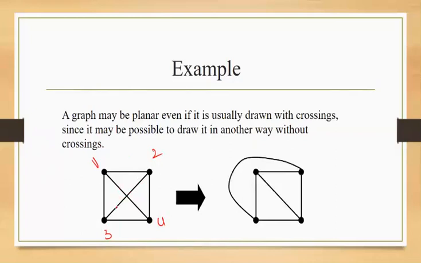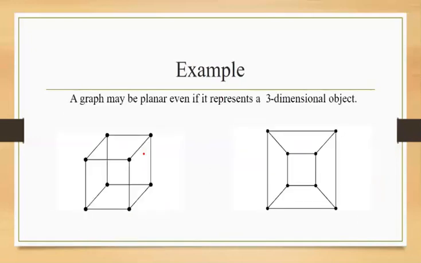Now if you notice, I have removed this vertex, and instead of drawing it here, the edge that I am selecting, the one joining 2, 3, I can even draw it in this way as shown in the figure. So I have shown the edge in such a way that it is not crossing. This kind of representation is known as a planar graph. Even this is a planar graph, but this is the correct way to represent it because the edges are not crossing.